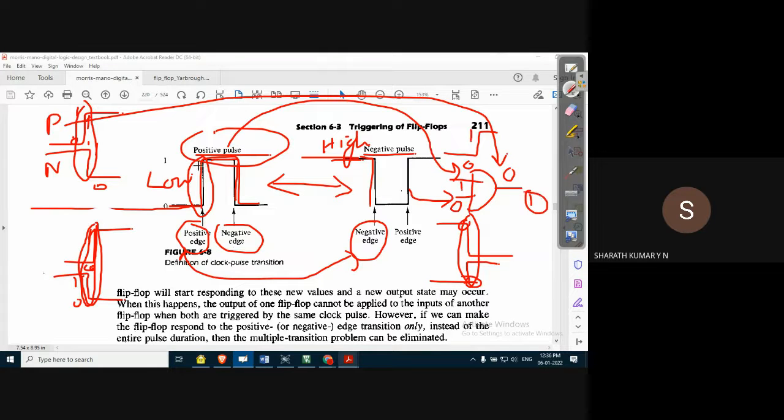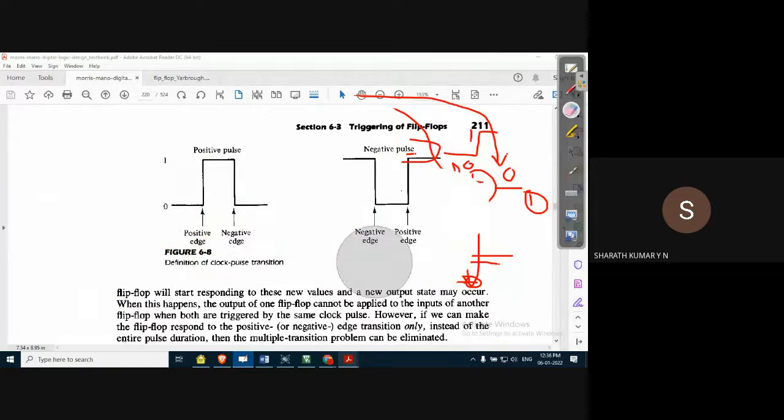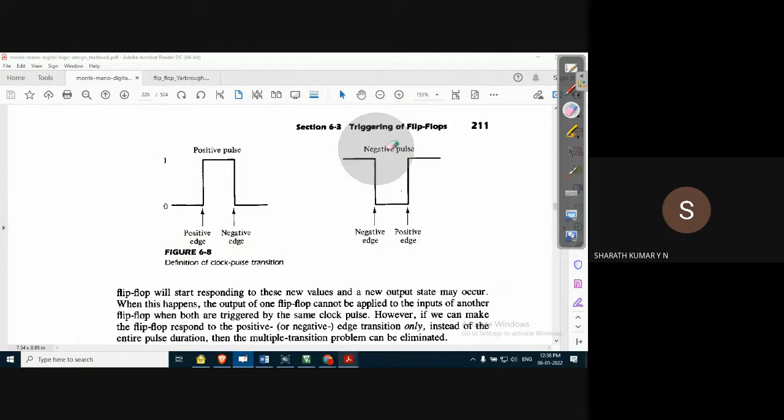So thereby what we have to understand is, either it is a positive pulse or negative pulse, any pulse can be applied. There is no problem with that. But at what edge the circuit, or circuit gate, whatever it is, triggers depends on which edge comes first, whether it's a positive edge or a negative edge. So based on that, the circuit operation will change. I think that point is clear. So that is the basic difference between a positive pulse and a negative pulse.